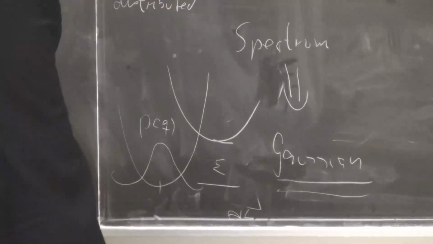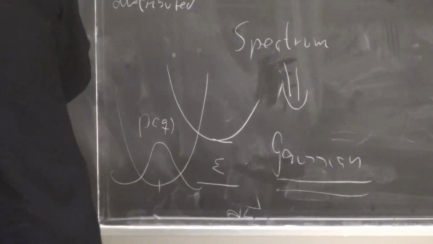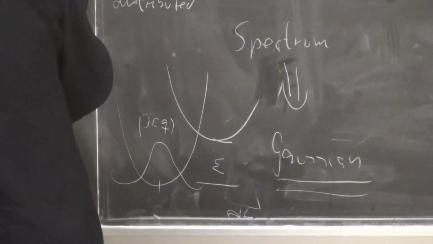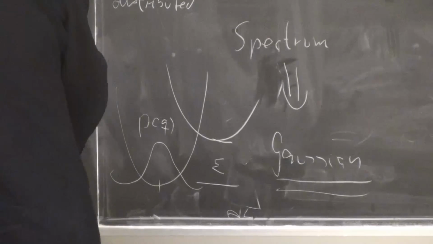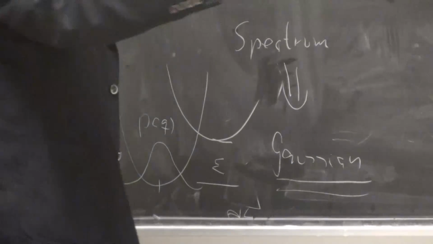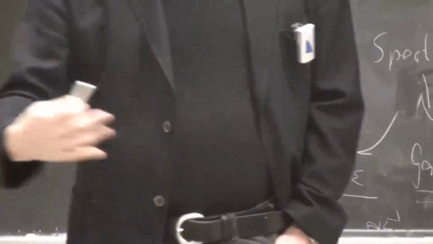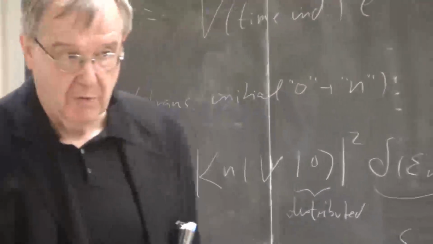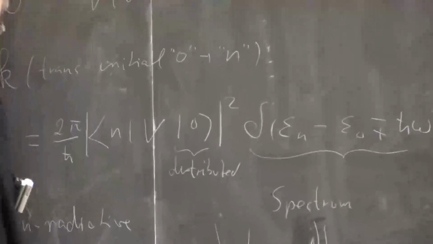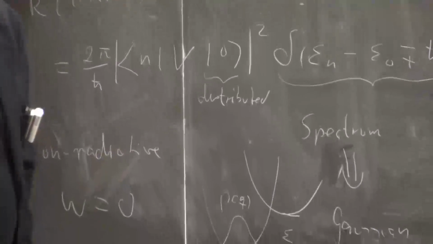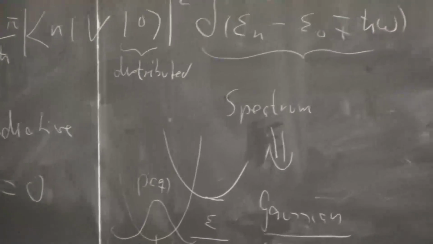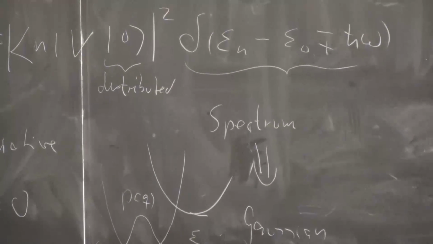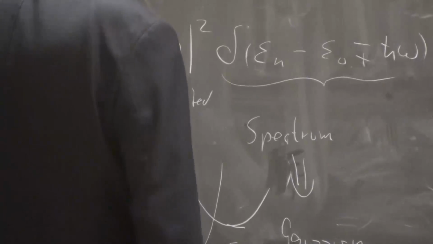Now, in case that we have a non-radiative transition, then we just have omega equals 0. And we don't have radiation. And we still might have a perturbation, but we don't have a radiation, and we can still induce a process without adding energy from the outside. Okay, so now we